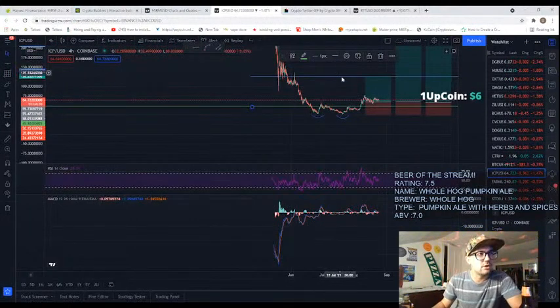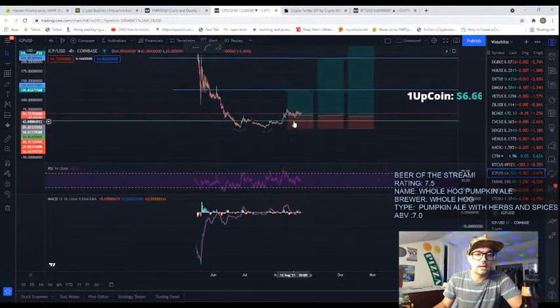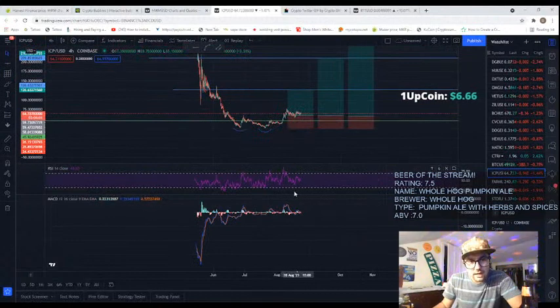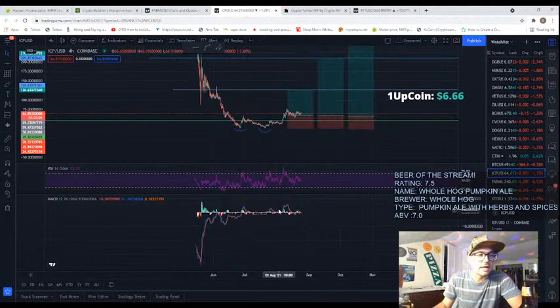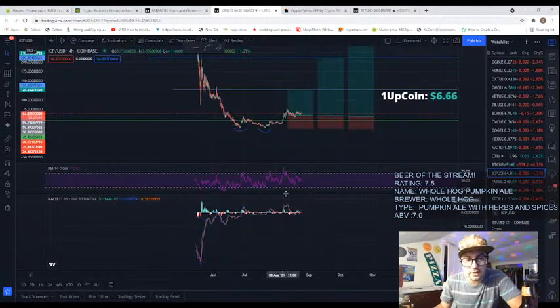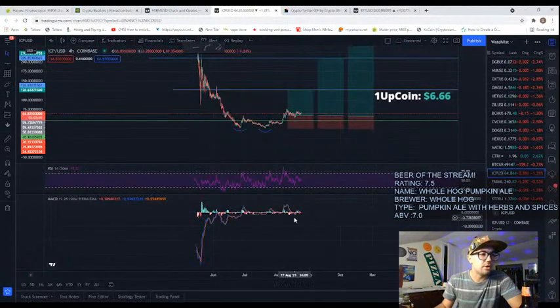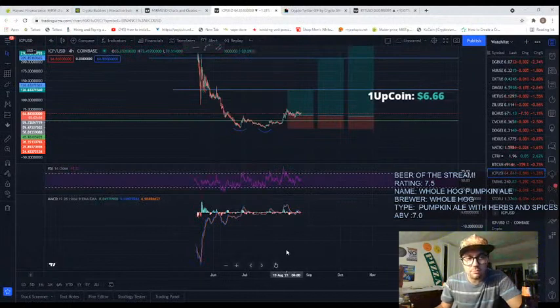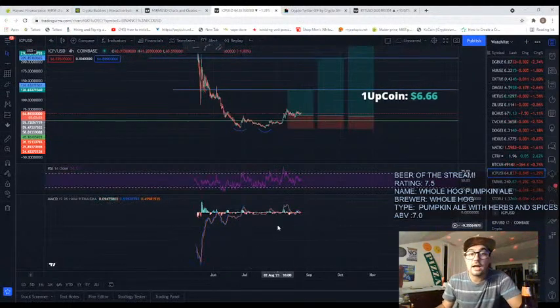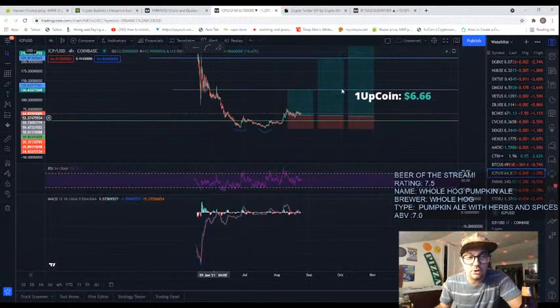The ice line. So when you get above the ice line and you test the ice line as support, and your RSI, your relative strength index, is in the bullish control zone, and your MACD is showing hidden bullish divergence, you know, with lower levels of seller's momentum, or maybe you have higher levels of seller momentum, but you're still making a higher low, bullish,